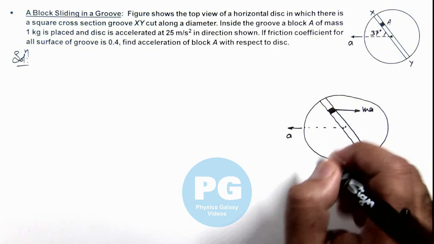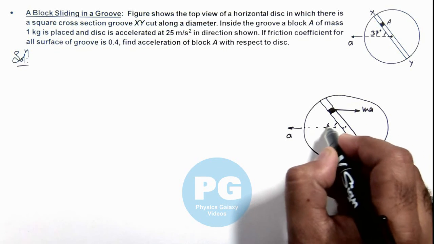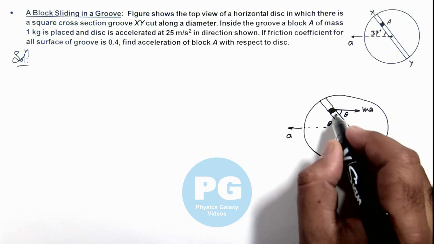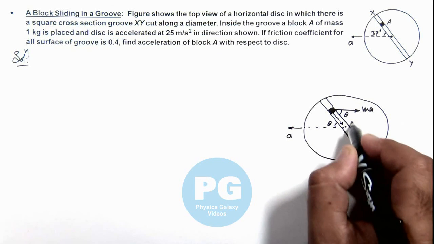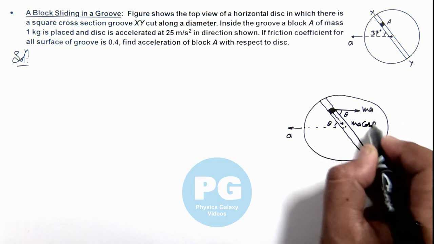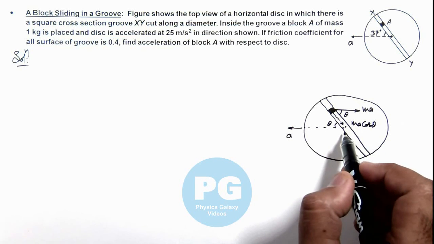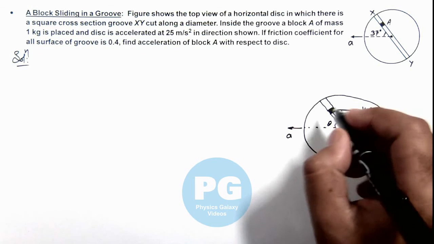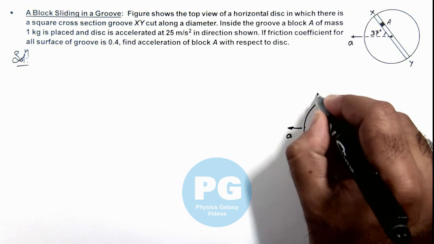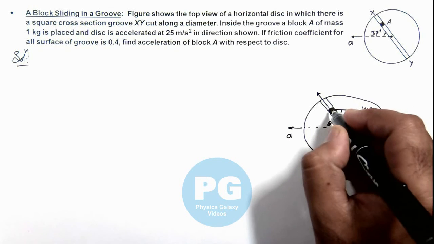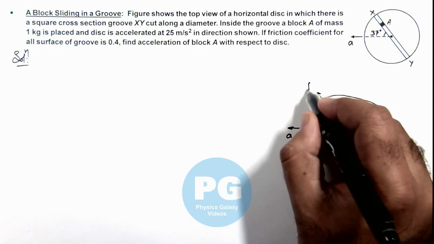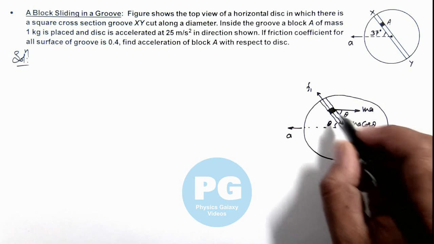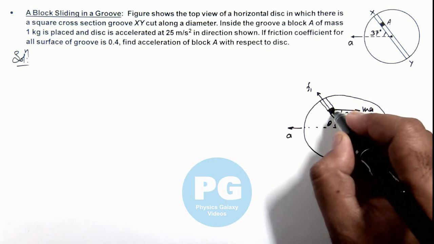Now in this situation, if this angle is theta, here also this theta is 37 degrees. So here MA cos theta is the force acting on the block A with respect to the disc, which is responsible for its sliding along the groove. Now due to this it will experience one friction at the base of the disc, which is F1, and another friction is on this right surface of the groove, where due to MA sin theta